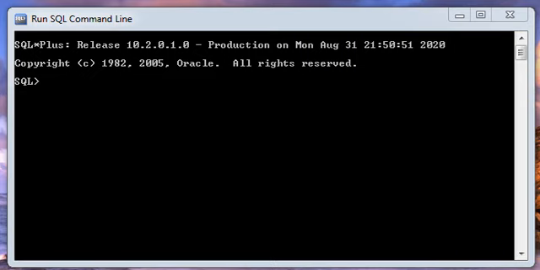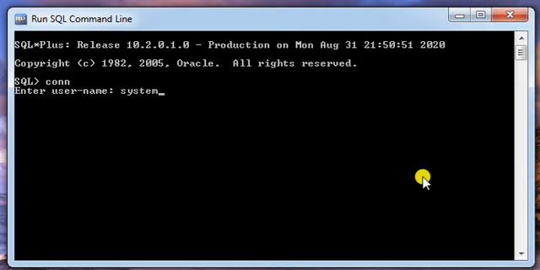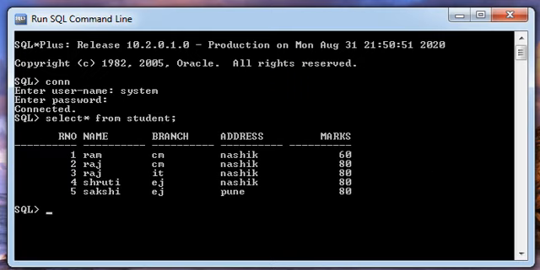So let us start with the demonstration. First of all, we'll create a view. Here I am connecting with the database by using the keyword connect and entering the proper username and password. So I have one table called student. It is already created. Here I am describing the content. Here I am showing the contents by using the select command. Select star from student. So I have the table of the student with data in it.